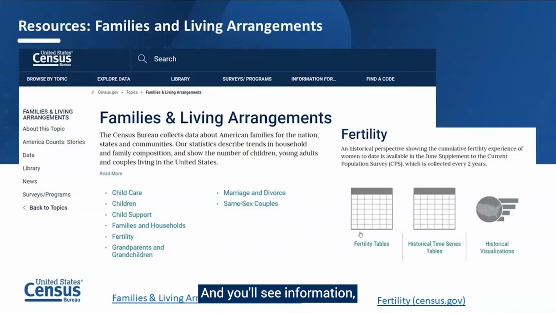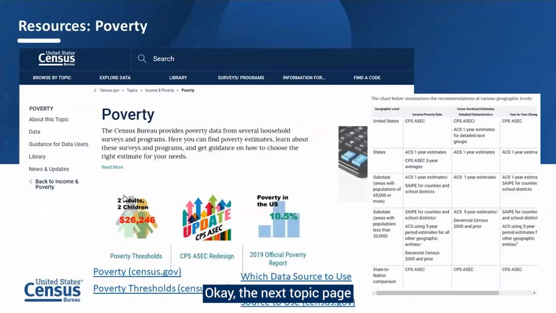And you'll see some data that I covered earlier, but it also provides information on child care, child support, grandparents and grandchildren, marriage and divorce, and fertility. Okay, the next topic page is poverty. And I've included some additional links on this slide as well. So information on poverty thresholds, if you have questions about that. Also a link to which data source to use